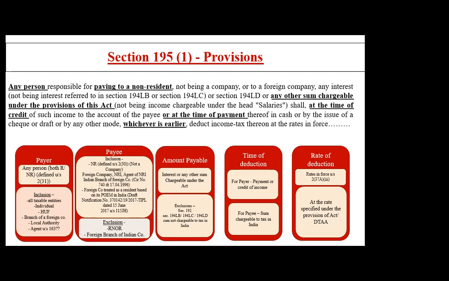Then there is another category which is excluded, that is salaries under 192, under 192 already TDS is deducted. So there is no need to deduct tax under 195(1). That category is also excluded. We have any other sum which is chargeable to tax under the provisions of the Act, taxable under this. I will come to the sum chargeable to tax separately also later on. I will just complete the basics of the section before that. Now they say that this sum chargeable to tax has to be deducted, that TDS has to be deducted at the time of payment or at the time of credit, whichever is earlier.